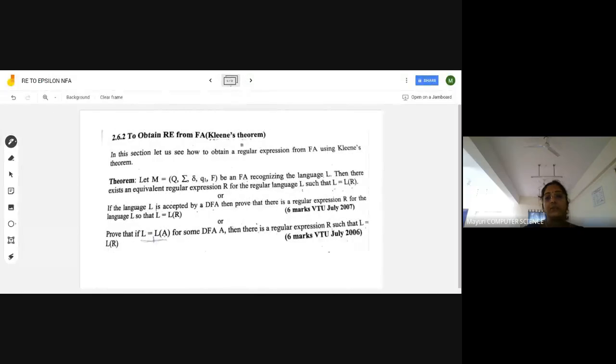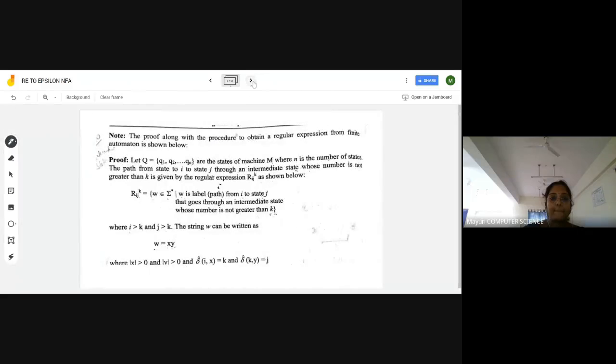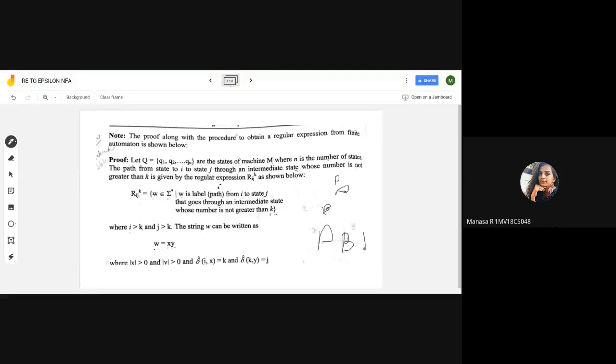And let us go to the theorem. It has come twice. Okay. So first of all, proof. Any theorem, you have to follow this phenomena. First is proof. The second one is basis, proof, basis, and then induction.